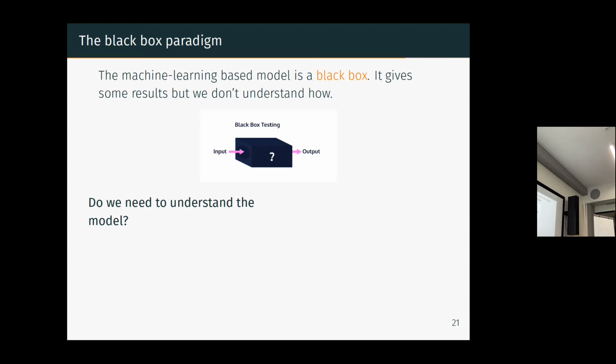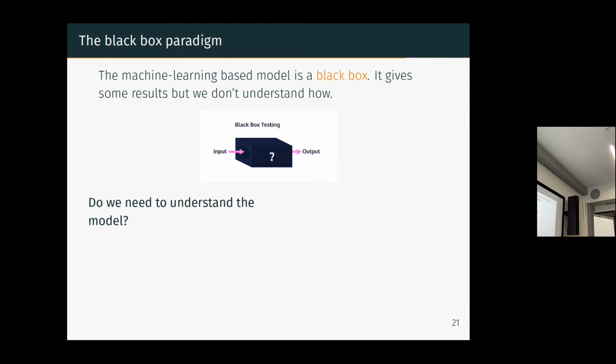Of course, it's not completely true, because when you have seen the example of TensorFlow, we tried to understand a bit what the machine learning model was doing. You see that the first layer was dividing your space into linear divisions, and then you have this shape, and then you combine the shapes to get the circle. So you understand a bit the role of each layer. So it's not completely a black box, because you can identify what the role of each layer is. But this is feasible because we had a very simple case with two-dimensional data. If you have multidimensional data, it's much more difficult. But the first question we can ask is, do we need to understand? Do we need to understand what our machine learning model and our neural network does?